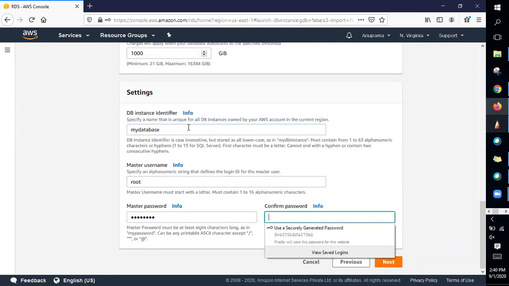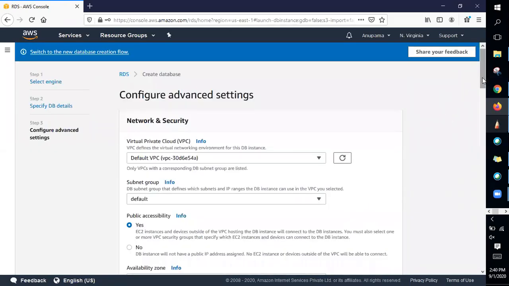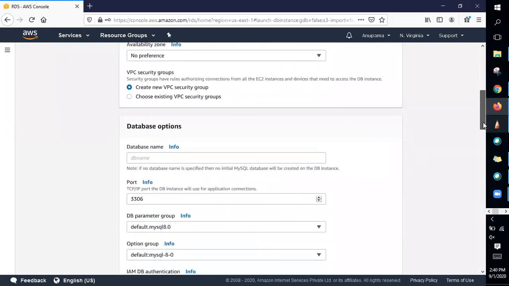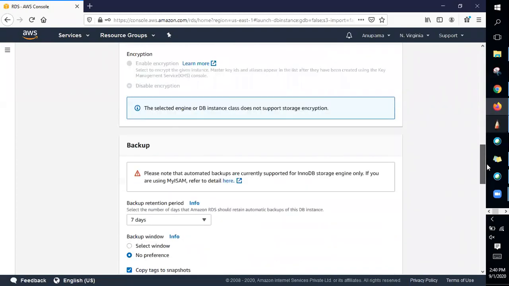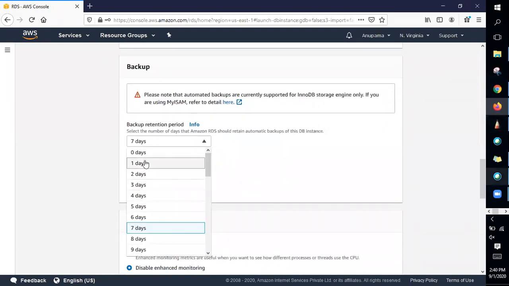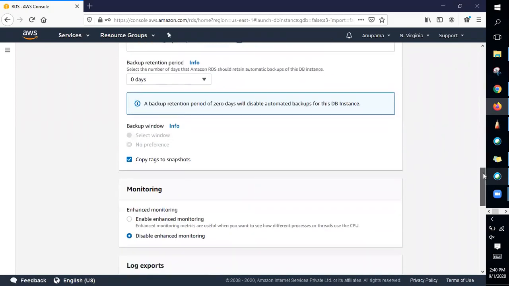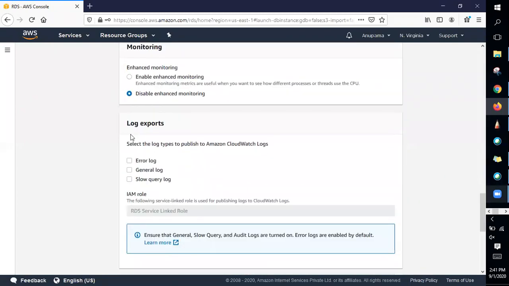This time, let me give the correct way. Okay, so coming to the advanced settings, I would just keep everything as default: VPC, subnet group, public access yes, availability, correct. So I don't change anything. You see the encryption got disabled. Okay, and another thing, we can have a backup, but let me just keep it as 0 because it takes time to create the database itself. If I enable this, it's okay, I don't want it because we terminate as soon as we're done with this. And the monitoring got disabled automatically, and the error logs were not there.